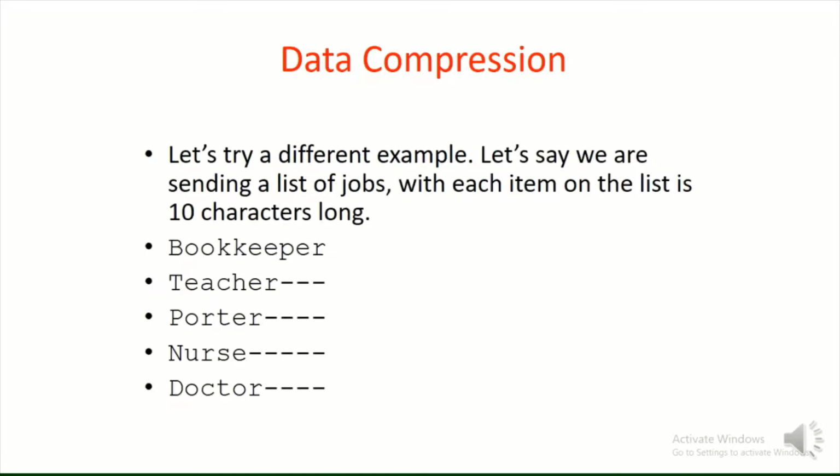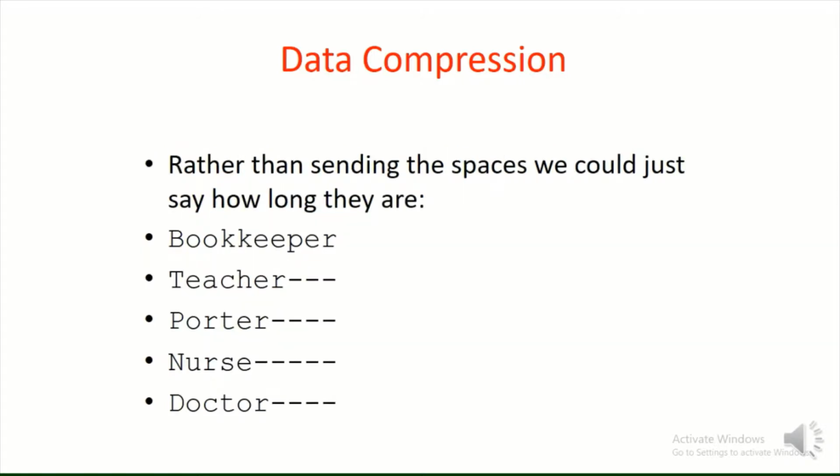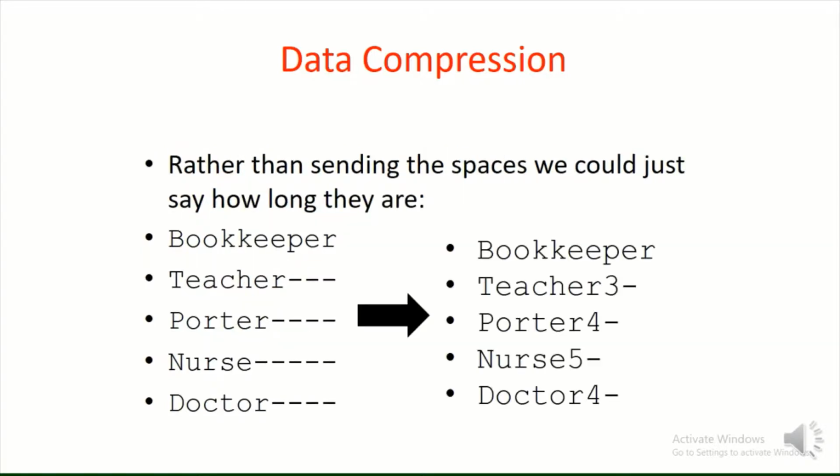Now let's go to another example. We don't have a sentence. What we have are different words which appear in daily use. We have kept every word as 10 characters. If it is not 10 characters, we have replaced the remaining characters with a dash. So what will we be doing? Instead of writing these spaces, I will write a number and a space. When I write 3 and space, that means there are 3 more spaces to follow. 4 and space means there are 4 more spaces to follow.